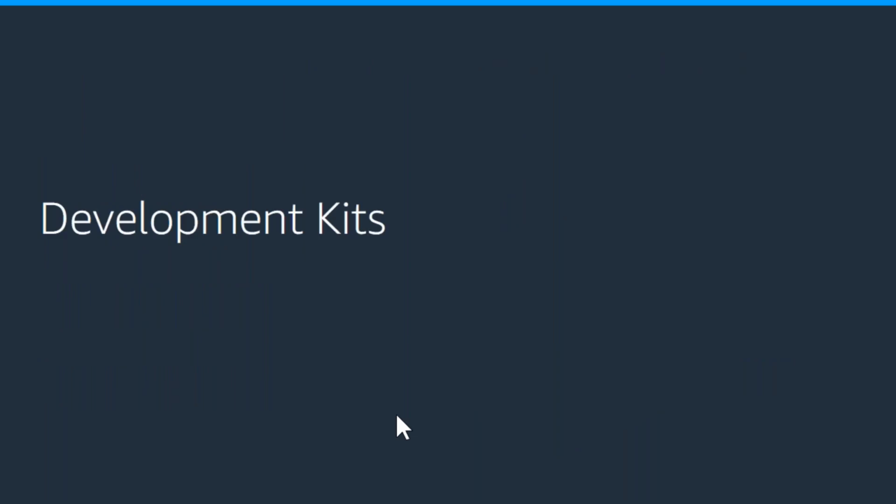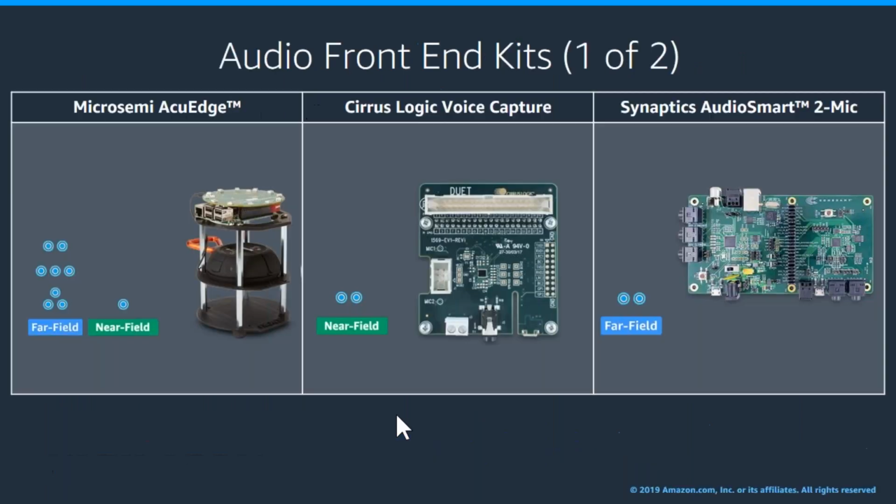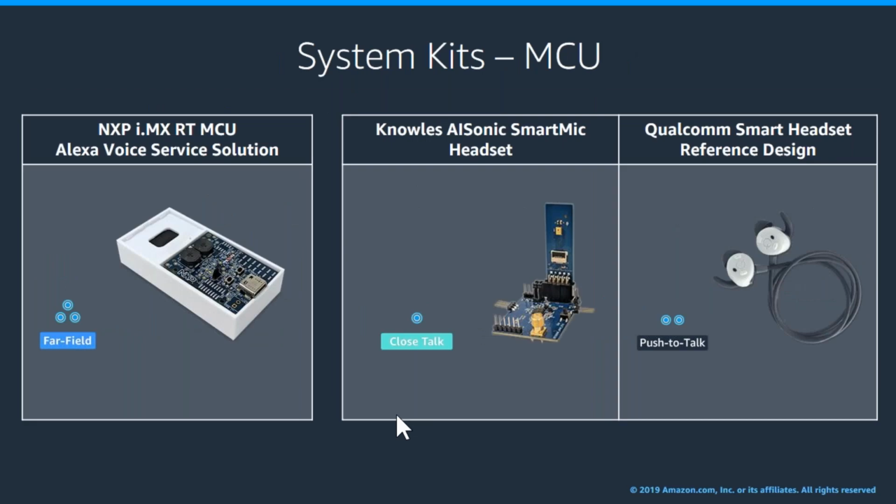So now, just quickly, the development kits. We won't go through them in detail. This is just showing some of the past and present development kit brands. More will be coming soon. You can find this on our development kit webpage, but loosely, roughly categorized, these are audio front-end only kits. We have 6 of these with different classifications of microphones, microphone configurations. There's system kits, which are based on a host microcontroller. There's one here